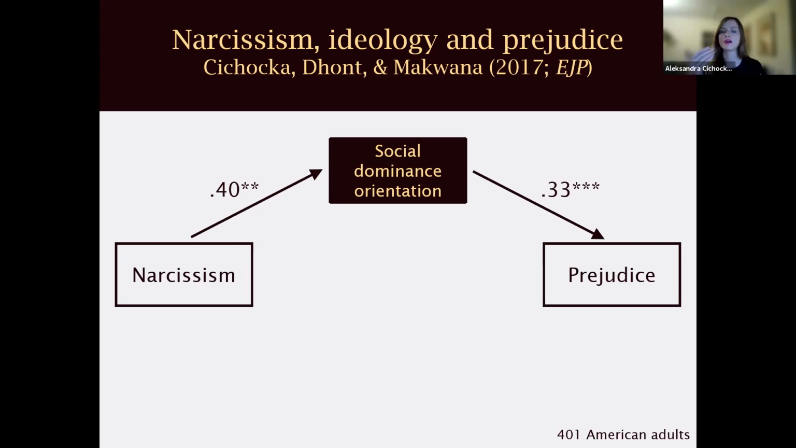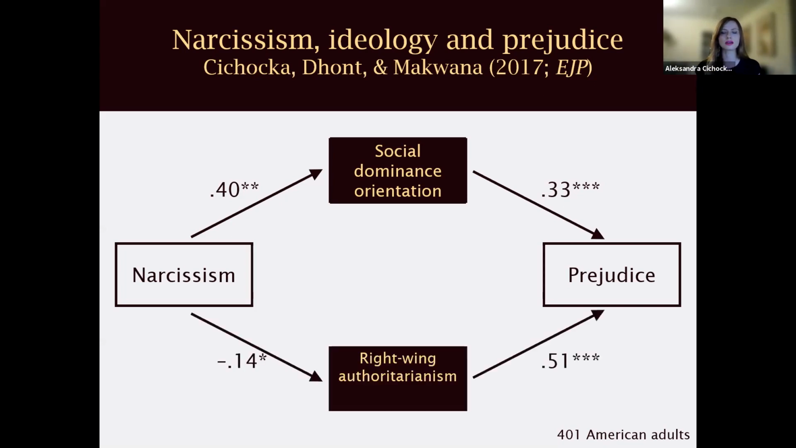And we found that via social dominance orientation, narcissism was associated with greater prejudice. Here we looked at ethnic prejudice specifically, so people's attitudes towards other ethnicities. Interestingly, though, we found that narcissism was negatively related to right-wing authoritarianism, especially after we took out the variance shared between social dominance orientation and